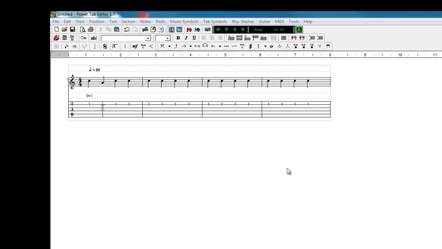Alright, now if we counted this off, 1, 2, 3, 4, each time I said 1, 2, 3, or 4, we'd be playing one of these notes. That'd be 1, 2, 3, 4. 1, 2, 3, 4. And you can clap it out, which helps not to play, but just to concentrate on